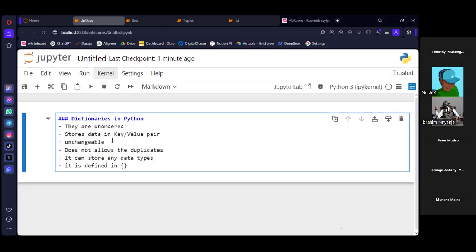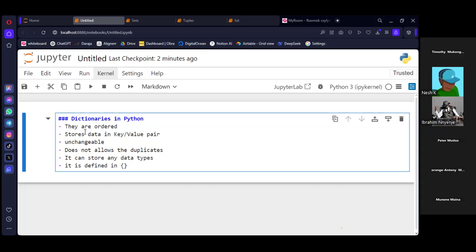But before we get there, first of all, the characteristic about the dictionary. First of all, this one is ordered. Dictionaries should be ordered, right? But then if it's ordered still, you cannot access the elements with the index because values are stored in key value pairs. So you'll be using the key, because these are unique keys, to access the value. So it is ordered still, but you cannot access the elements with their index number because here you are using keys, not the index number.